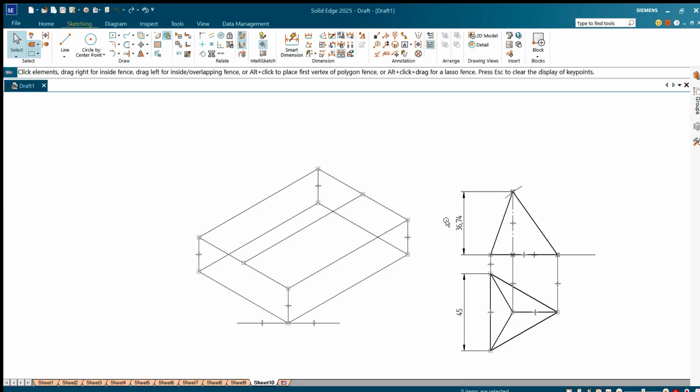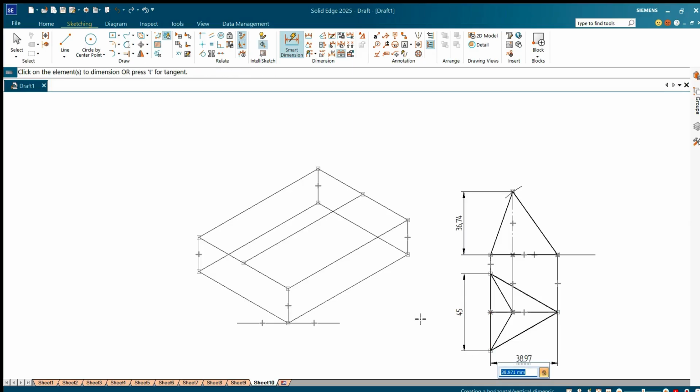For drawing a tetrahedron, we must know the height. See, height is height. But one more thing we should know is that we can place one side of the tetrahedron, but for the other side, we are confused how to place it. It's not a problem. One thing is sure: this is the center, right? The opposite point is on the center. So if I select the extend to next option, and with the help of smart dimension I try to measure this,